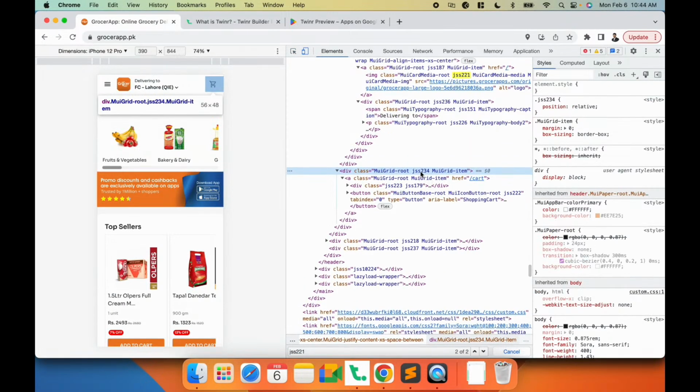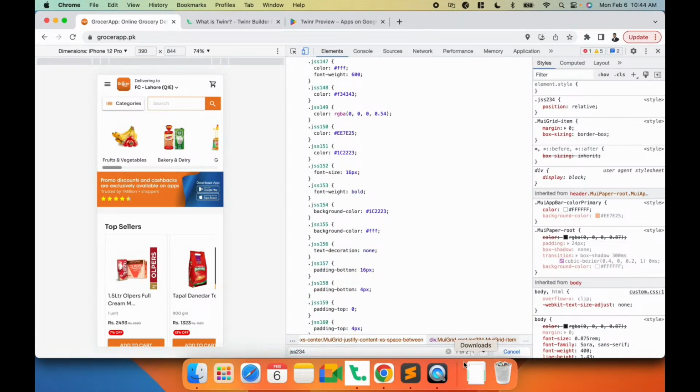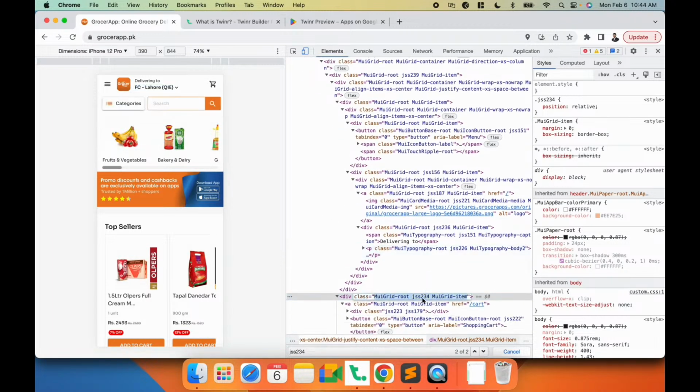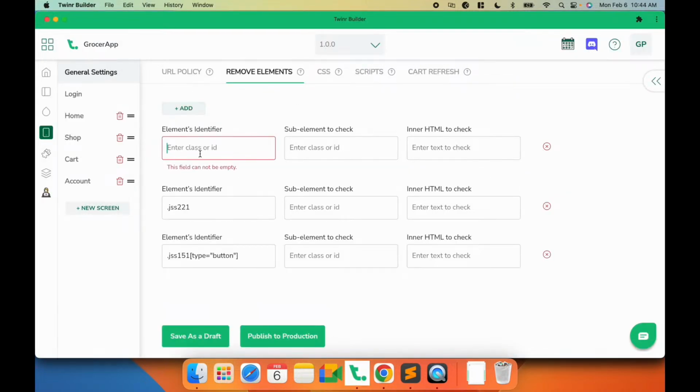Okay, so our cart button is here, which is JSS 234, right? So let's copy this and again paste it here. So you see, again it's only being used in two places. One of them is the existing CSS class and the other one is the element itself. So this is again unique for the cart. Let's copy this, go here, dot and the class name,